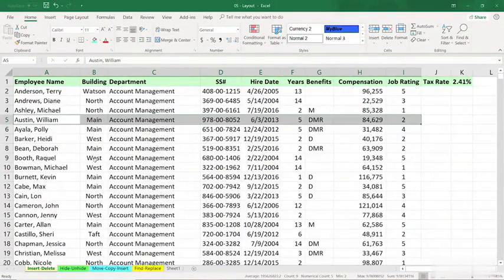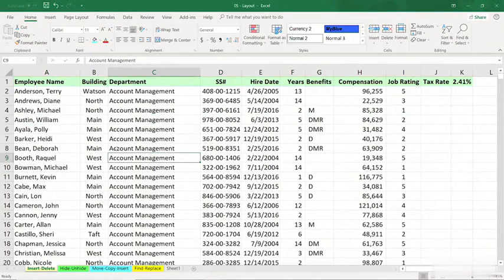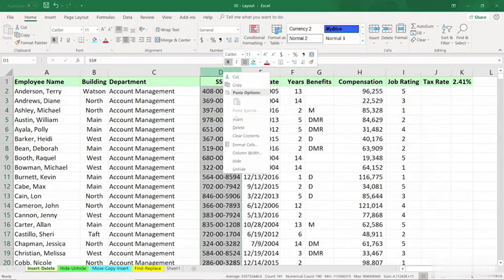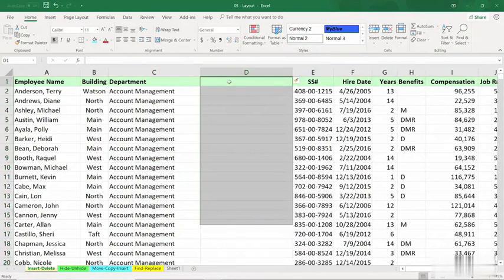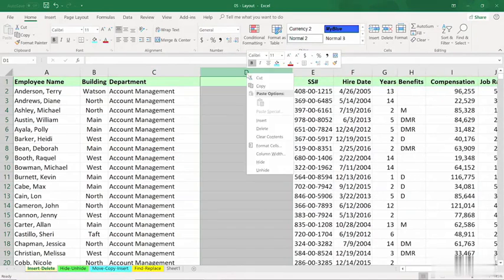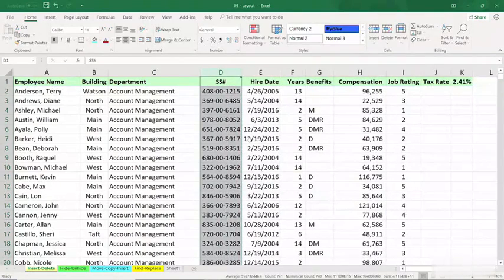At other times, you might want to insert a column. We need a new column here for phone number. We want it to be to the left of column D. So we right-click on column D and insert. We'll put in the phone number here and add the data later. As it turns out, I don't need that. Right-click and delete. You're much less likely to need to insert cells within a column, as we saw with the